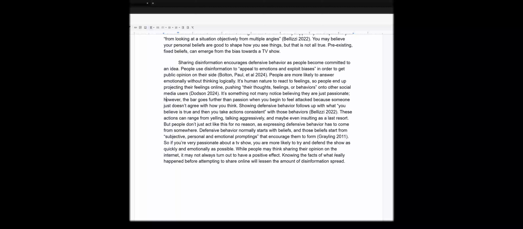That's the new structure of the paper. And so now I'm making this paragraph, which was setting up a claim to be a bad attack on Titan, now I'm making it the conclusory paragraph here. The bar goes further than passion when you begin to feel attacked because someone